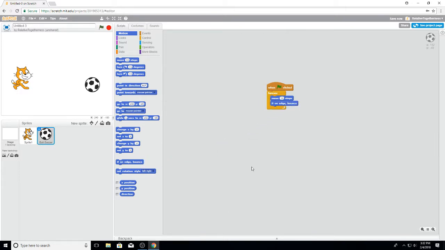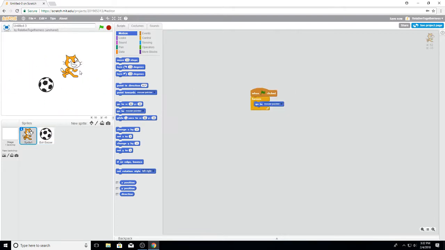Perfect. Okay. So if you hit the flag now, the ball is just moving back and forth, back and forth, back and forth. Wait, hang on. Can't I just do this and then he'll follow my... All right, perfect. Let's go ahead and stop it. Yeah. And I think the cat's in the corner. I think he's about to skydive. Yep. Go and move him back where we can see him. Okay, so